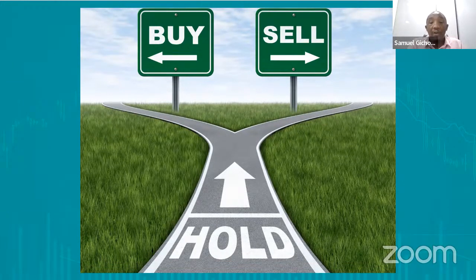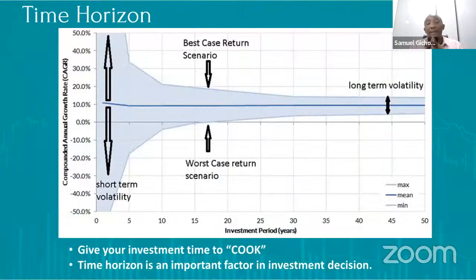Now, remember, it's also very important to understand the long term, medium term, and short term scenarios when you're looking at something. In the short term, you can see very high volatility in the stock market and in whatever investments you're holding. But in the long term, and when we talk volatility, we are talking about risk, the risk is much lower because over the long term, the risk smooths out. So if you're buying in the short term, chances are you can either lose a lot or gain a lot. And this is usually between 0 and 5 years.